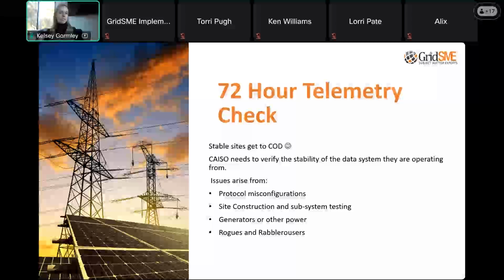We have to really nip that, because that is another issue that typically derails our projects: if somebody's not aware that this testing is going on, they're out there working on something and come to find out it's disrupted our 72 hours of clean telemetry. So that's another one that we see on a fairly regular basis. So yeah, site staff awareness, that's a big important one.